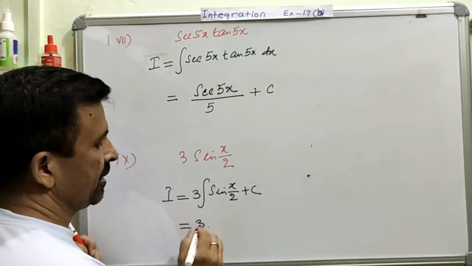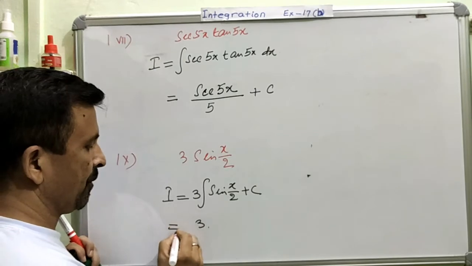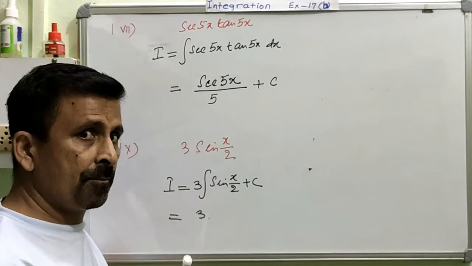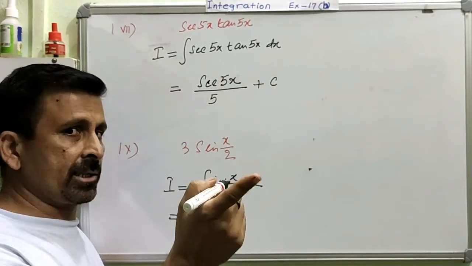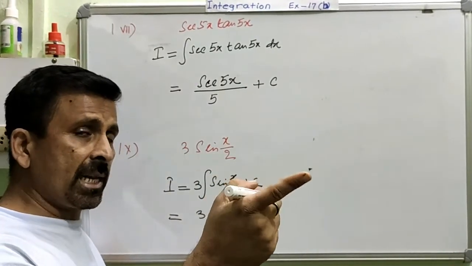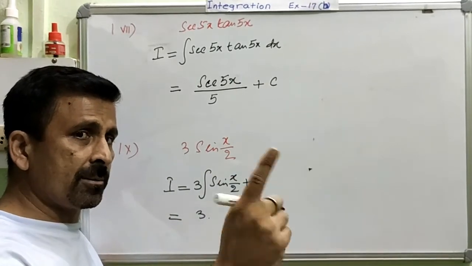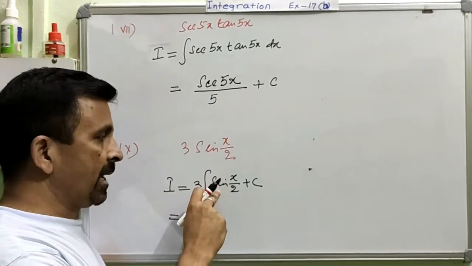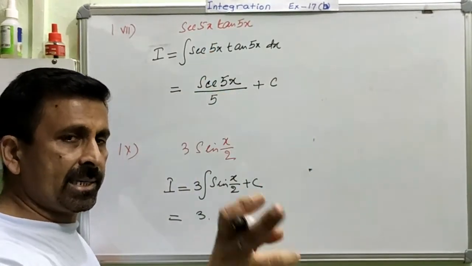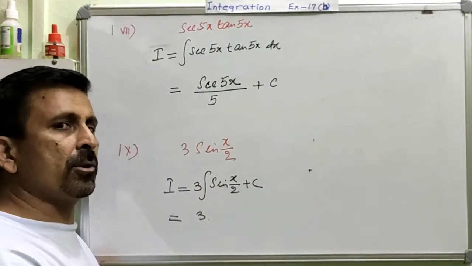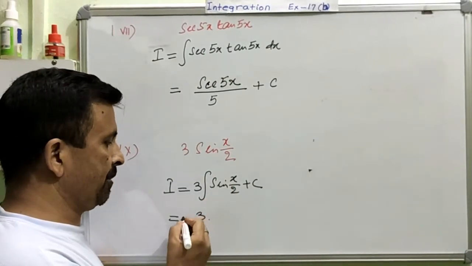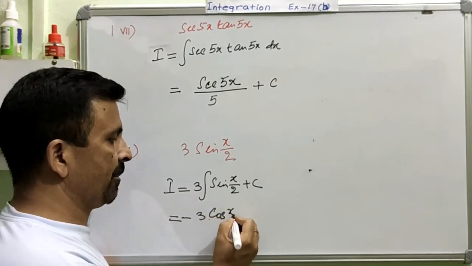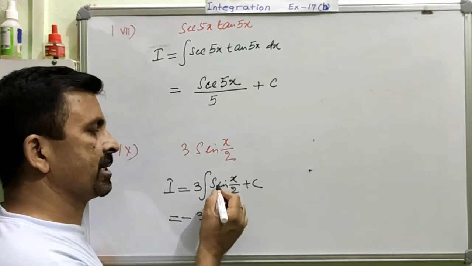Now 3 we will write, and then we will see: is this the derivative of any trigonometric function? Yes. This is the derivative of cos. And when you calculated the derivative of cos, the cos was positive and you got the answer being negative. That means here the sign will change. Since the derivative of cos is negative, the integration of this will also be negative. So this will become minus, and the integration of sine will become cos, and the angle will be as it is, because we are only calculating the integration of the trigonometric part.